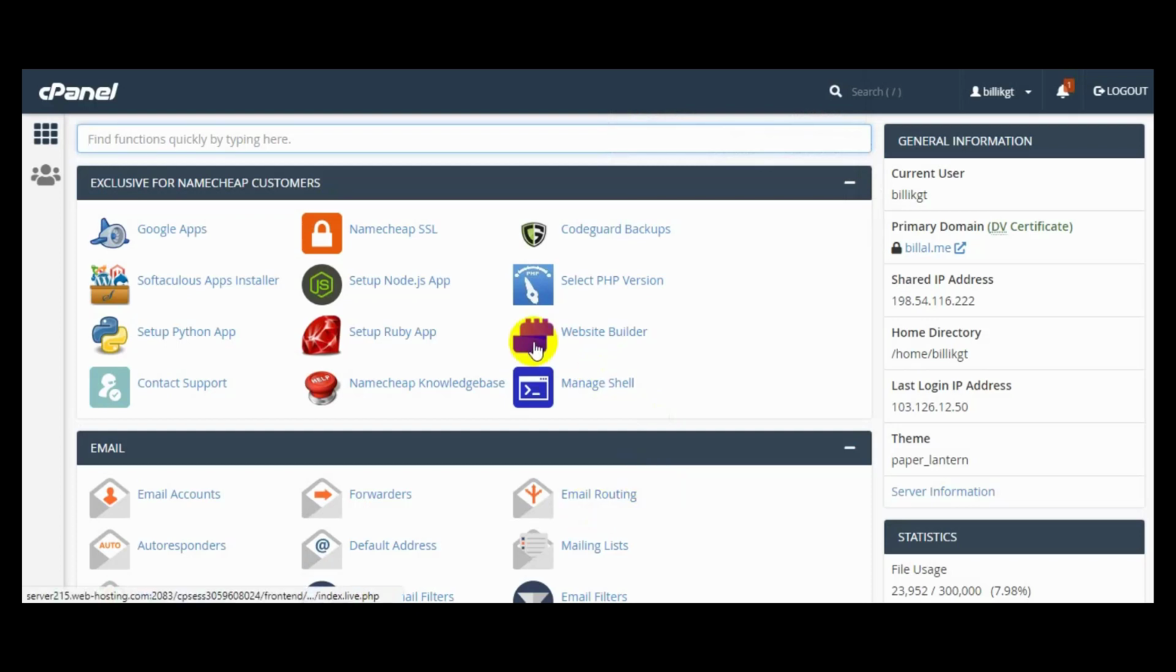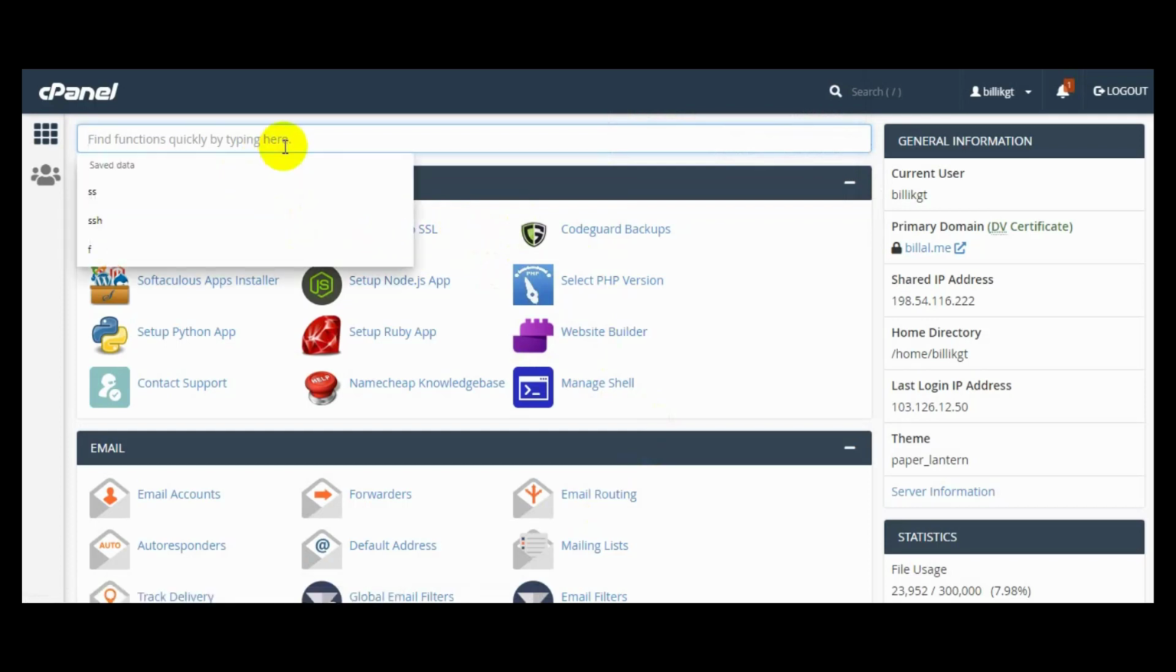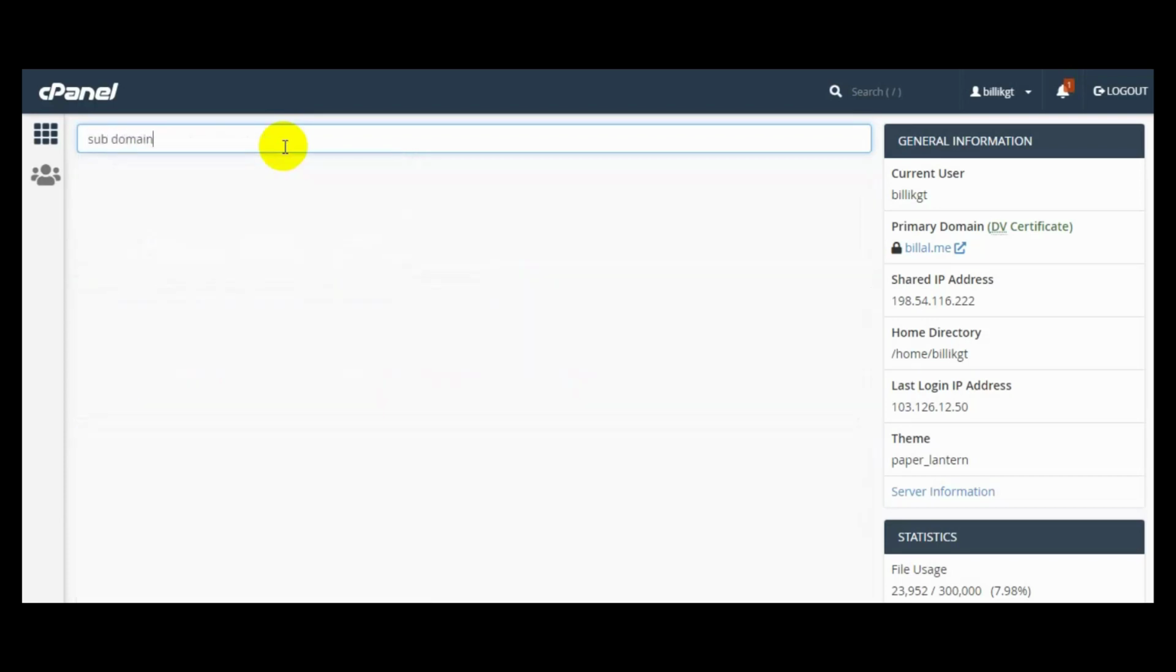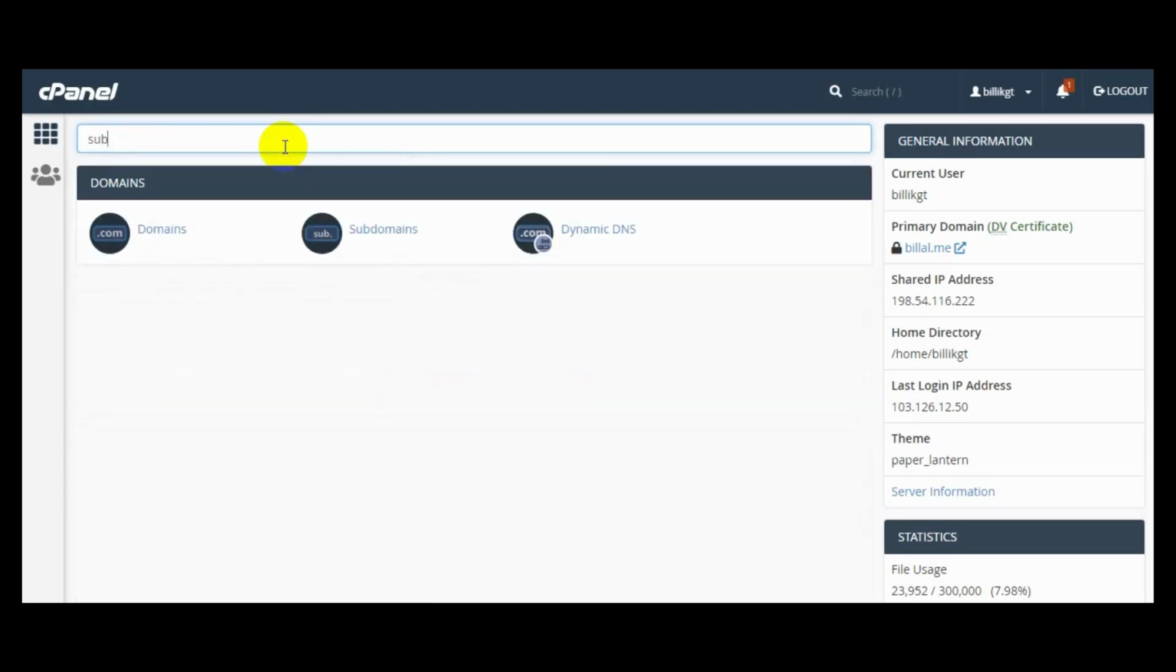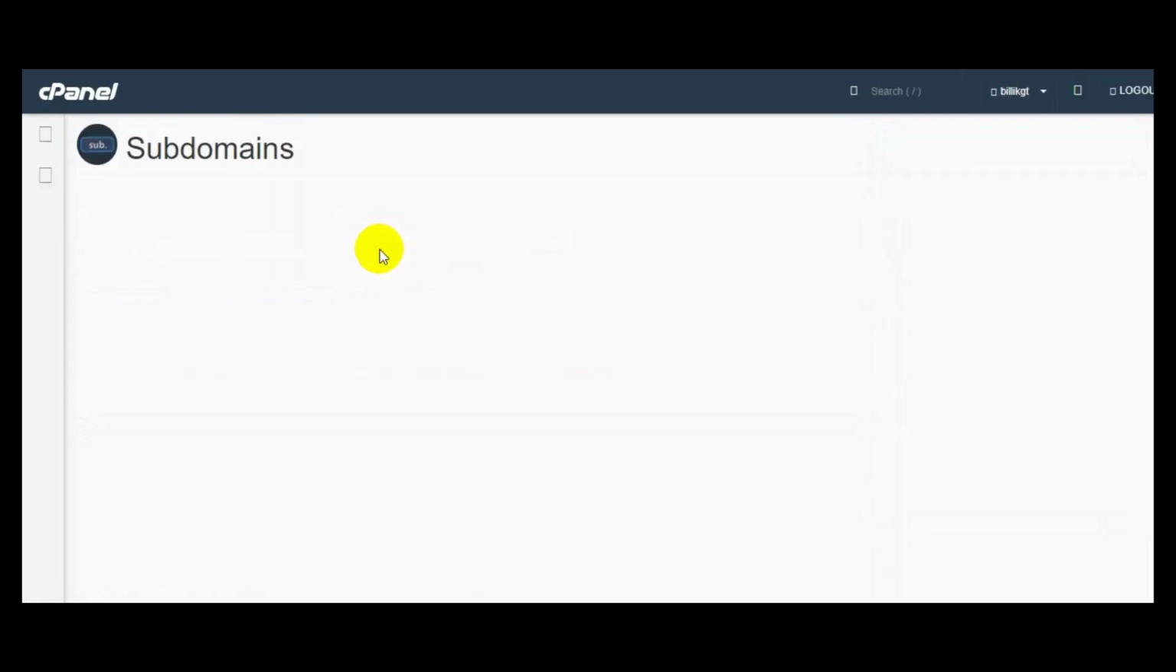Hi, in this video I'll show you how to create a subdomain from the cPanel. First you have to go to the subdomain directory. I'll search for subdomain. Here's subdomain. Here is the subdomain directory. I'll simply click on the subdomain